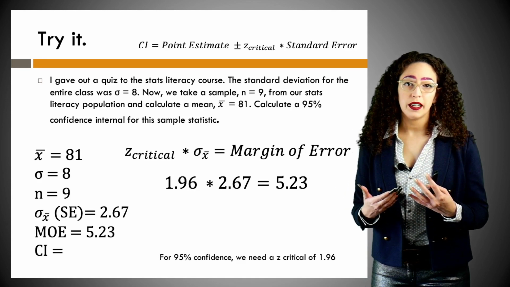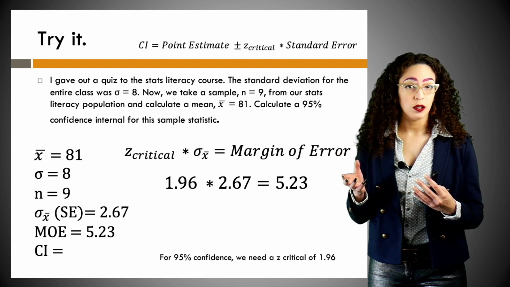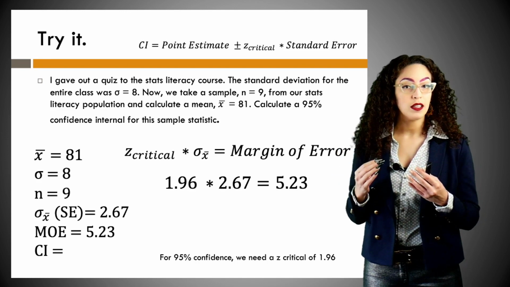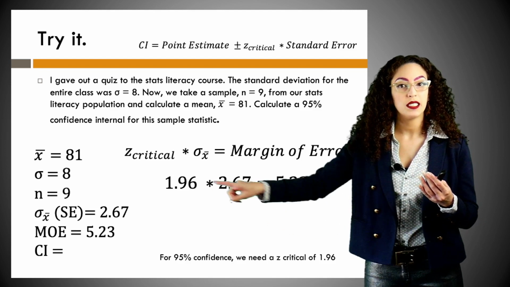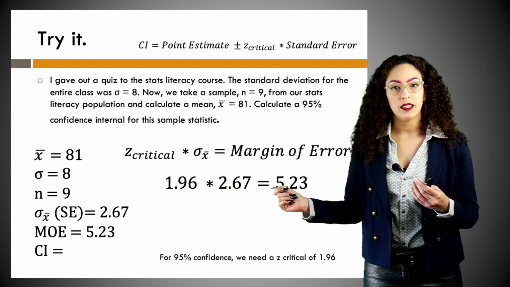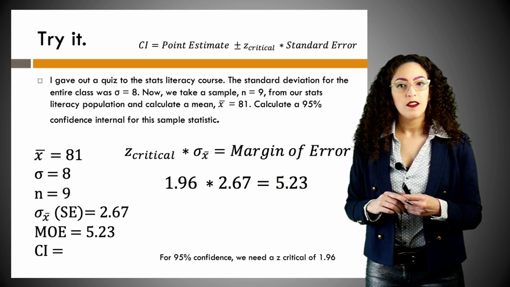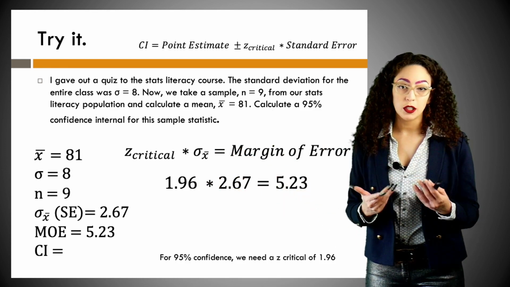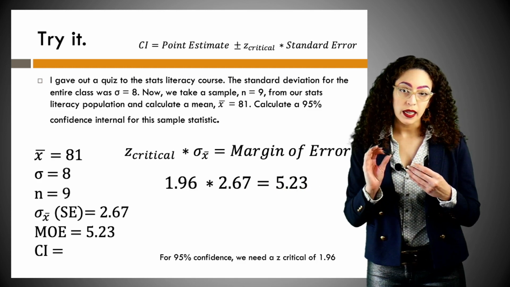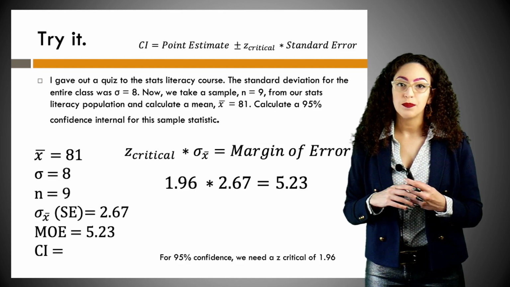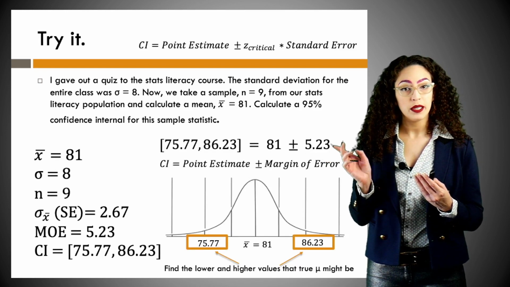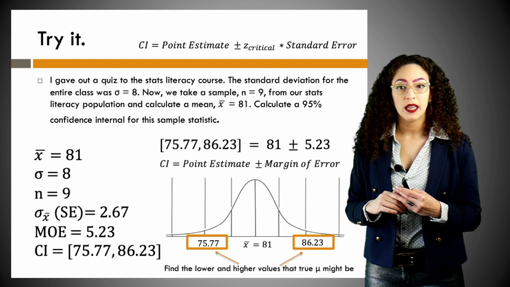Now that we have our standard error and we know our z critical, because if we want to be 95% confident, we know that the z value associated with 95% confidence is 1.96. So 1.96 times our standard error, 2.67, and we end up with 5.23. And this is our margin of error. This is what you're going to add and subtract to the point estimate that you calculated, that average. So when we add and subtract 5.23, that margin of error, from our point estimate, we end up with